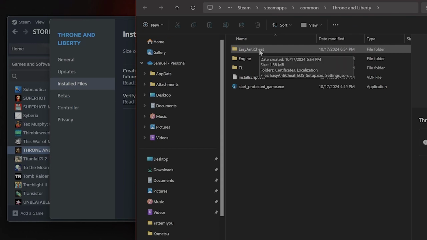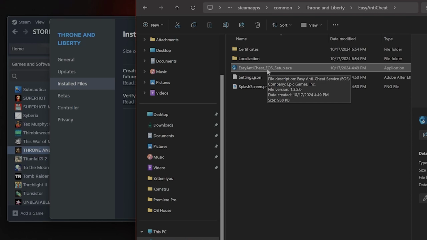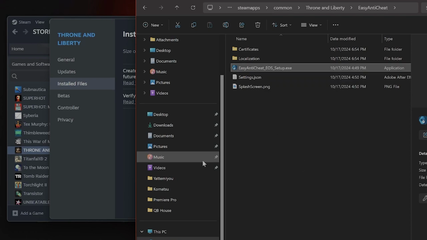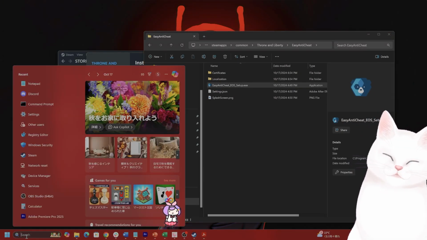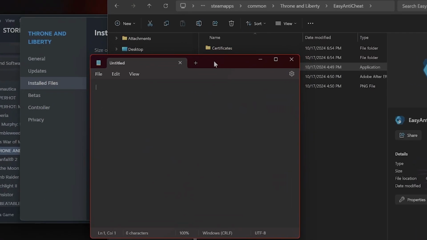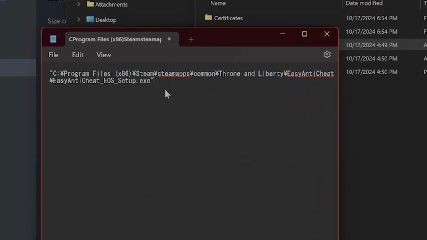Go to the Easy Anti-Cheat folder, left click on it. Find the Easy Anti-Cheat EOS setup.exe. Right click on this and click on Copy as Path. Now what you want to do is search for Notepad and paste it, and you will have basically the file